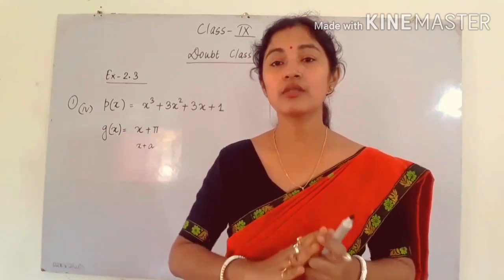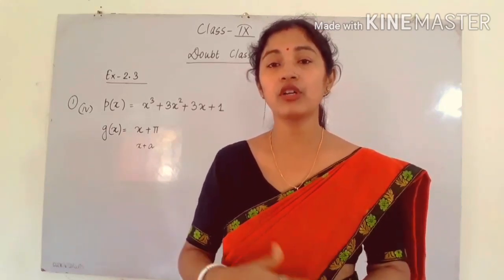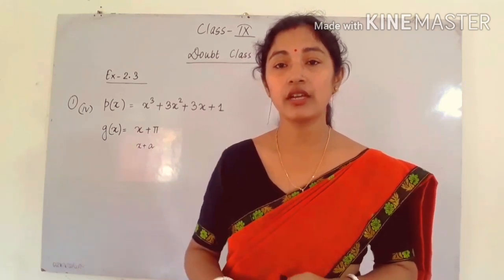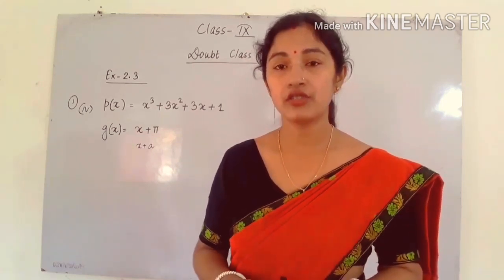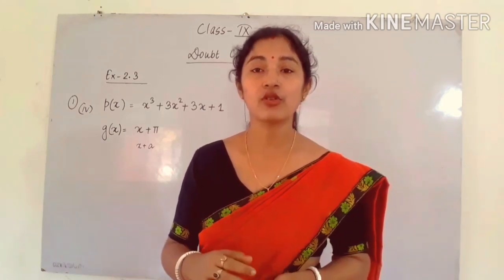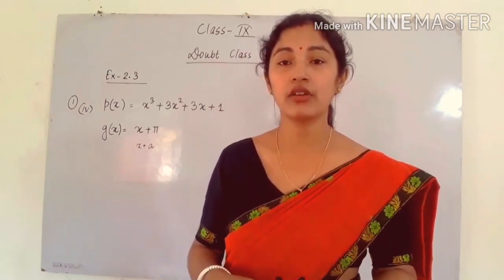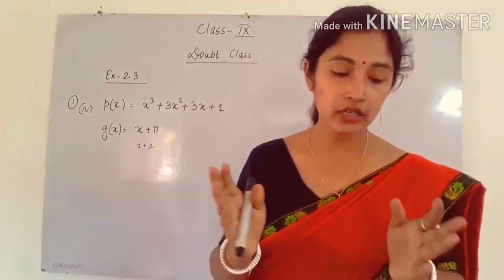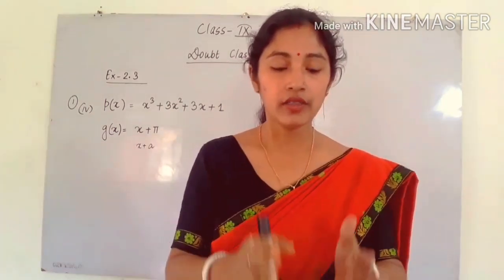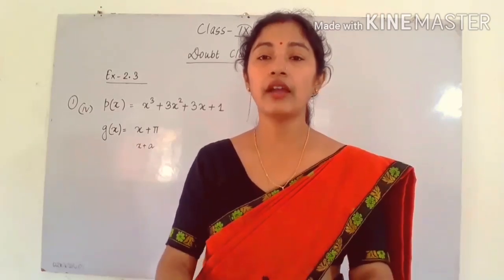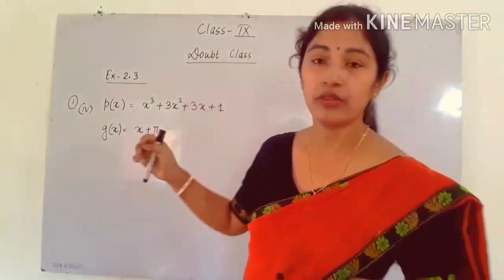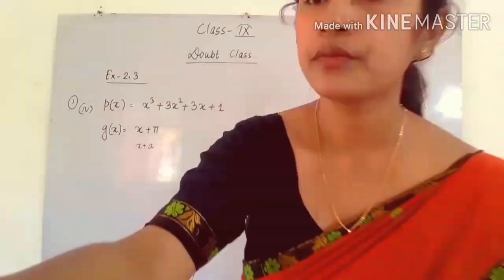In this question it is particularly not mentioned what you have to take pi as. And in advanced maths there is also the topic trigonometry, so in that case also pi is there, in advanced mathematics. So don't go in that way. Just right now see here that pi is a constant and you have to take pi for dividing this polynomial. So let us do the division.